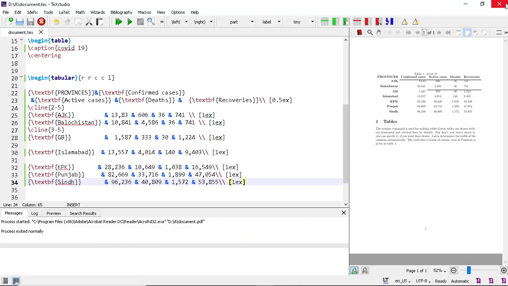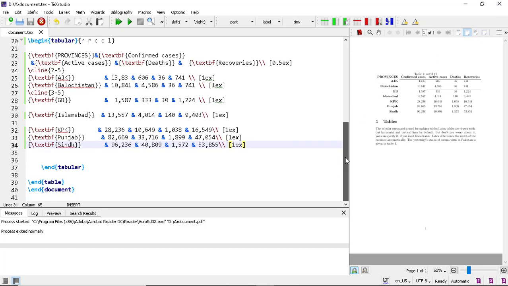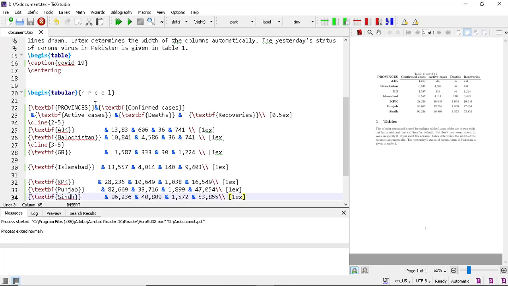Now the last thing is the width specification, and the width specification is an important point in making tables. So suppose you want a stretched column, then here you have to add p 5 centimeter.